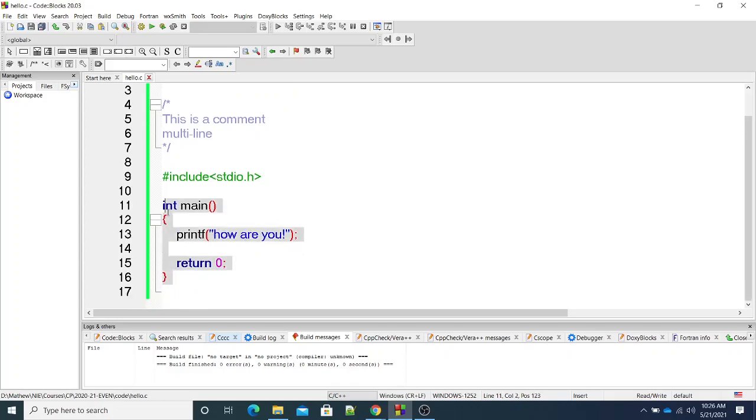Who is executing is actually the operating system. When you compile this, it's an application. It's a small application, just like WhatsApp or Facebook, but it's a very minimal application. It does a very trivial thing, displaying how are you. But this is also an application, and when you execute, the operating system is going to execute it. So when the operating system executes this program, main is what the operating system is looking for. If main is not there, it cannot execute. So main is a mandatory function. Okay.